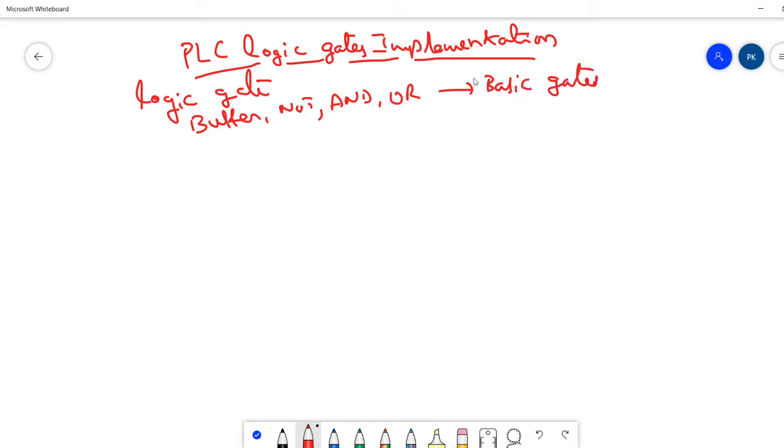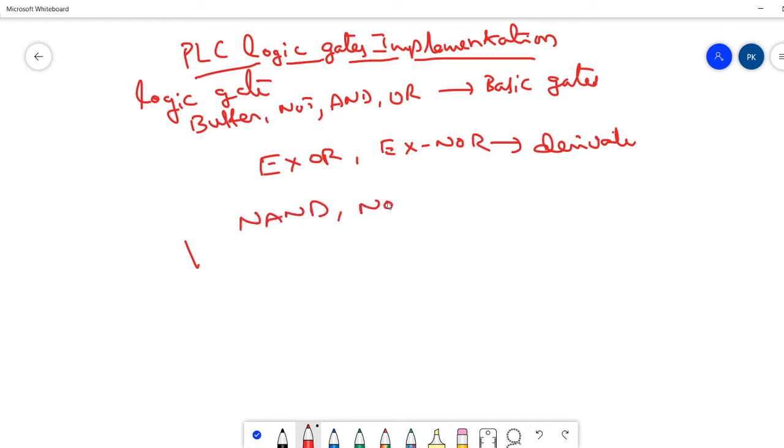From these basic gates we can implement the remaining gates such as the XOR gate and XNOR gate. These are the derived gates from the basic gates, and we can also implement a NAND gate and NOR gate.